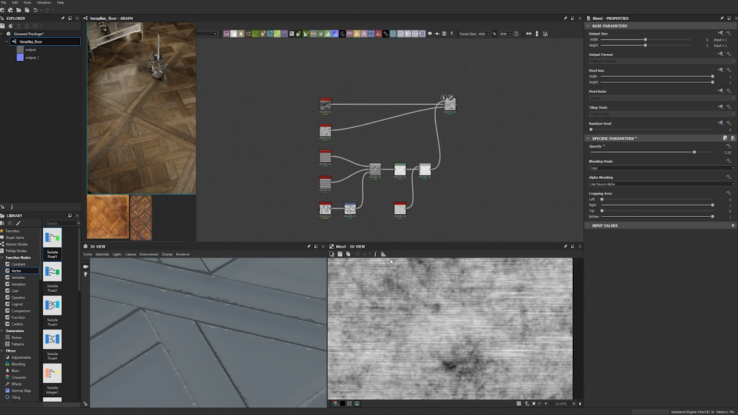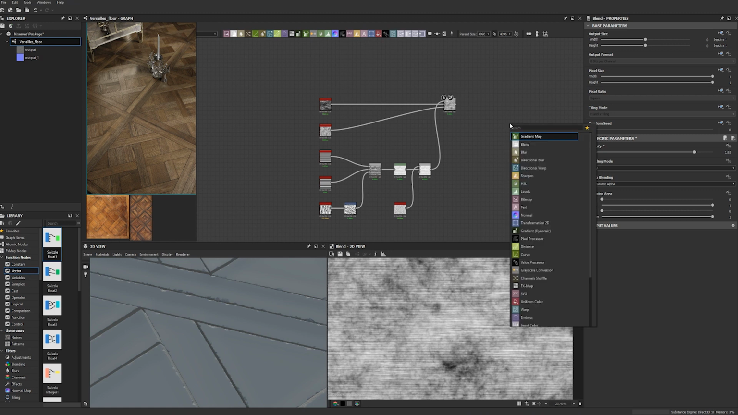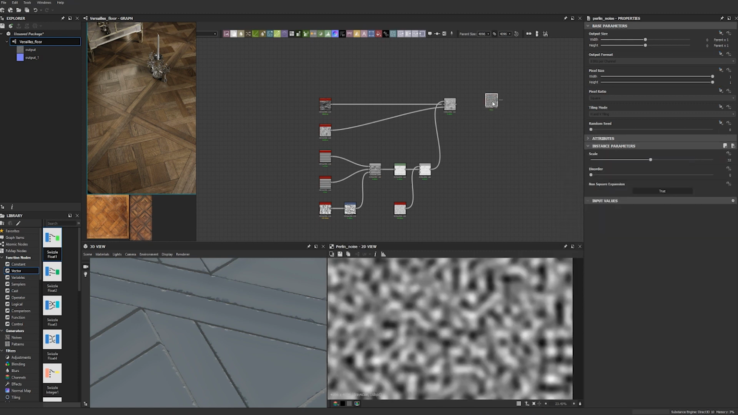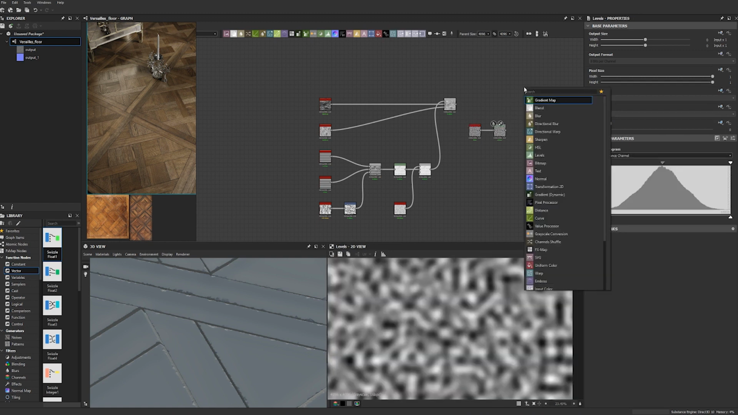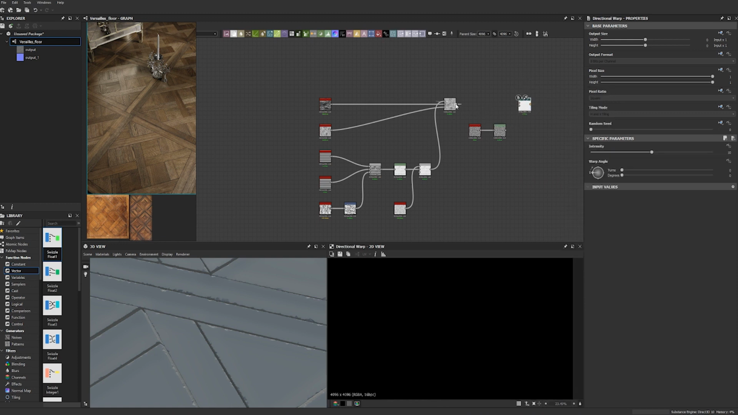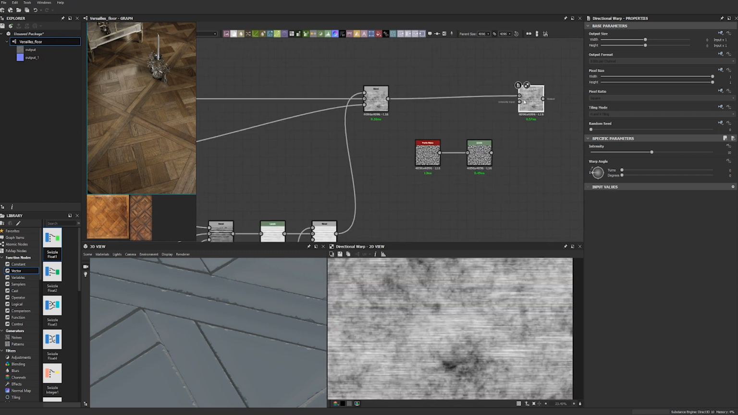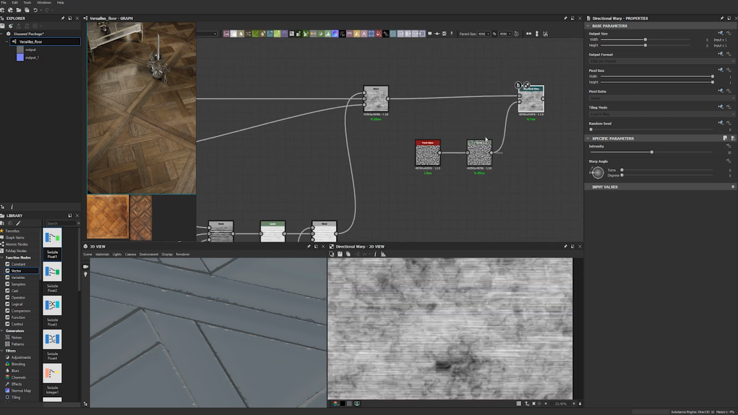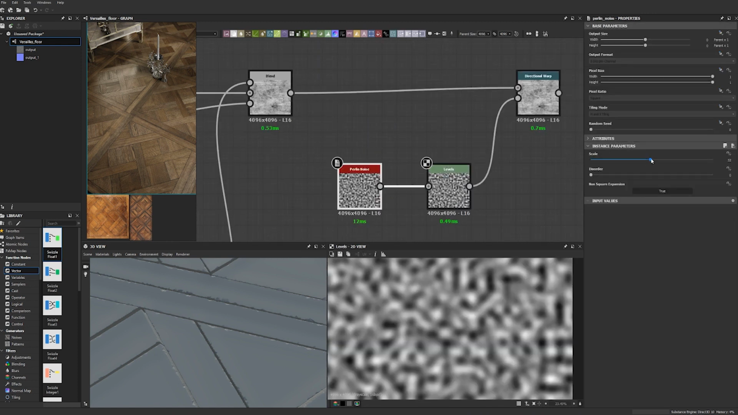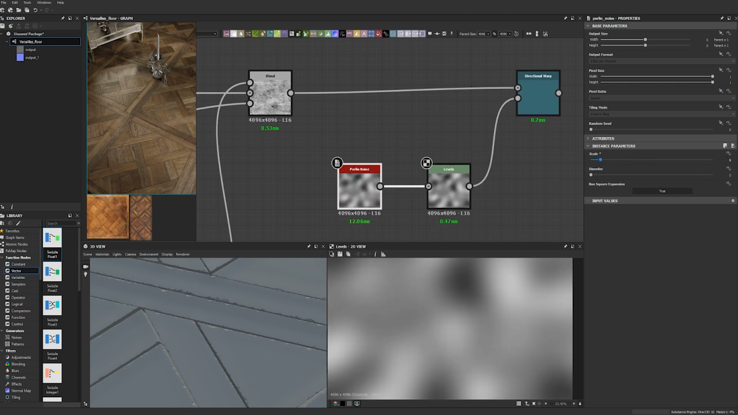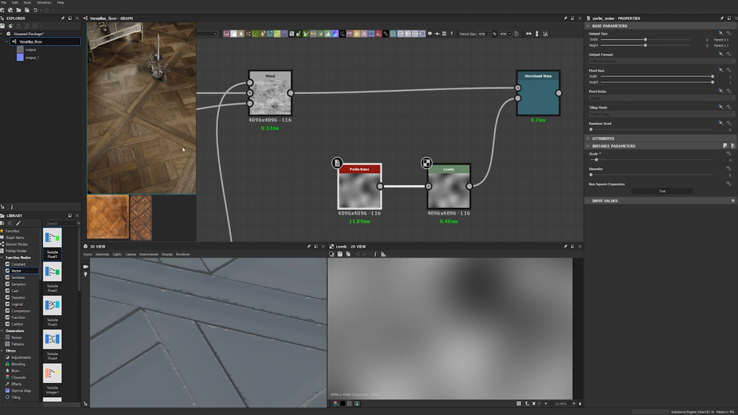Now we will add some really quick warp variation to the wood by adding Perlin noise and levels and directional warp. Now we will plug our blend into the source input and our Perlin noise into our levels, into the intensity input, and we will scale the noise up a lot, because if you look at the reference,